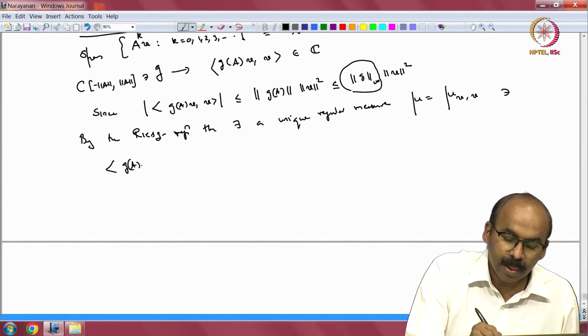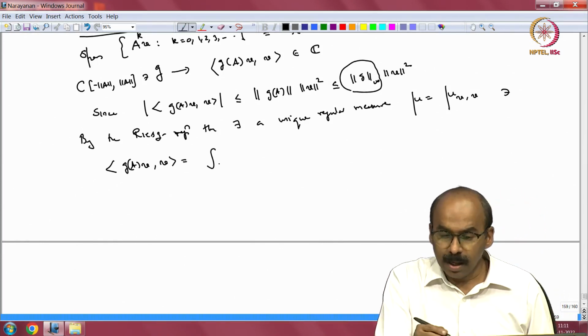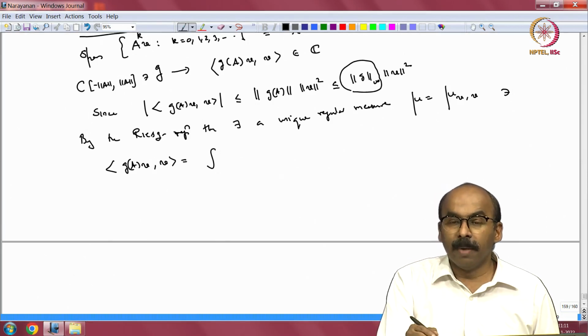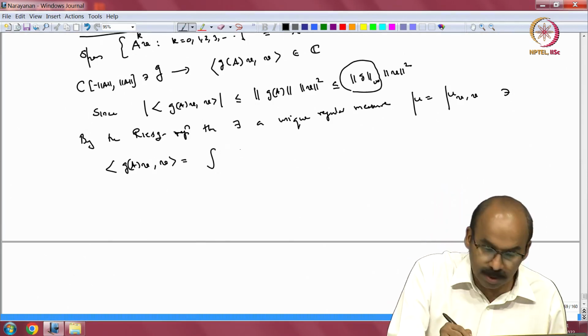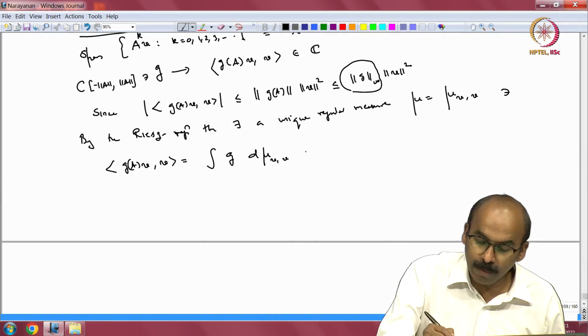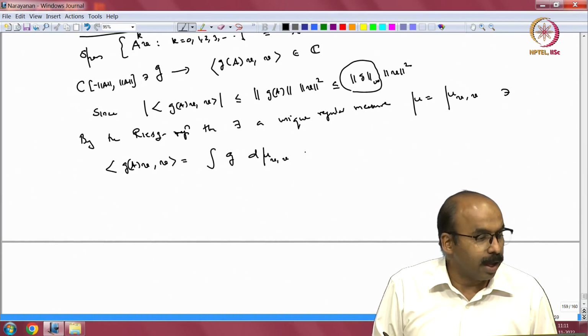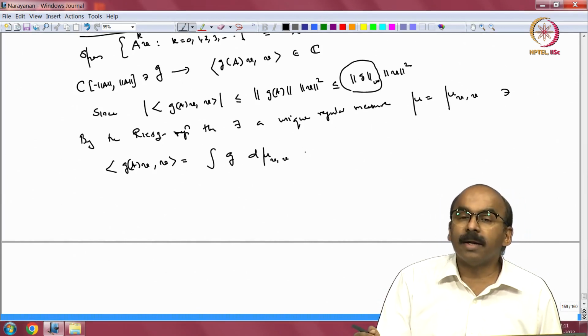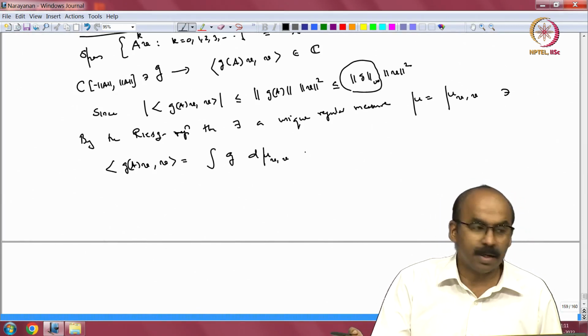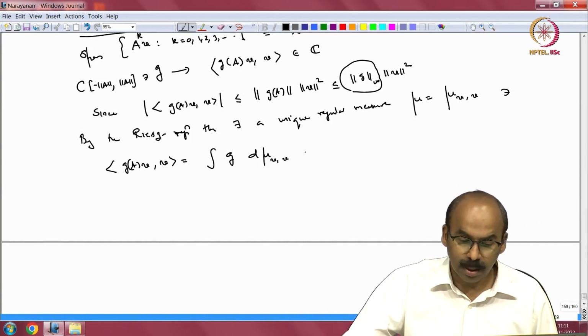g of A v inner product with v is equal to the integral, well, the integral is actually on the spectrum, but in our case we should actually write minus norm A to norm A, of g d mu v v, okay, that measure. Now, we have to prove that this measure is positive, and when we transfer the operator A to the other side, we see that it is a multiplication operator, right, that is what we want to show. Okay. So, let us see